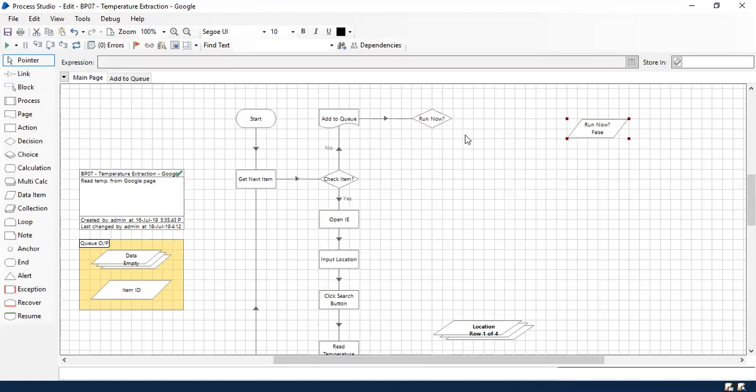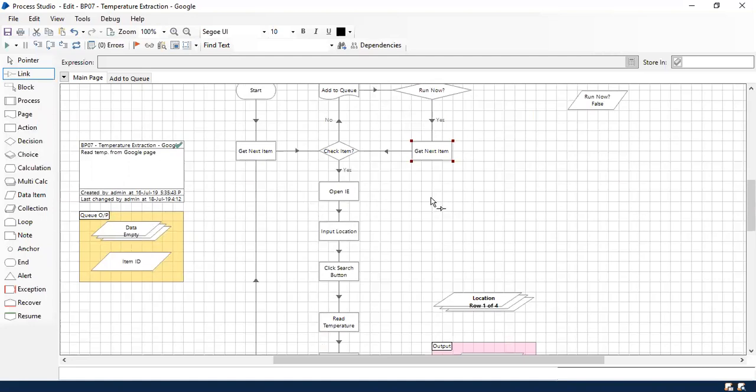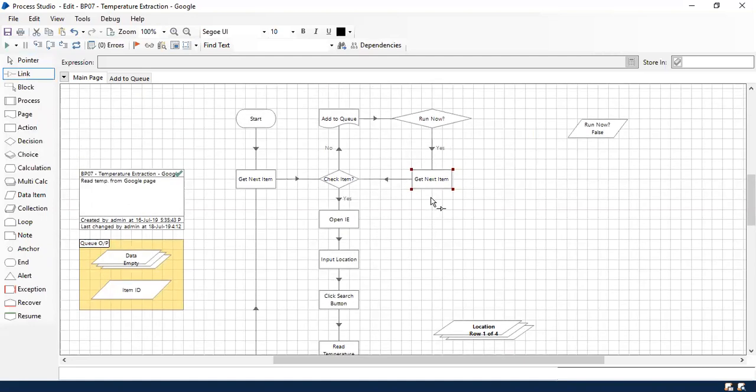If you're not comfortable with this portion of what I'm doing, just ignore it at this point, because to avoid the process running in a loop, I've just used a decision to stop it at some point. This is just to make the process simple. And here I'm going to use the same Get Next Item. Anyway, we are not going to use this same customized structure for any other business process. Each and every business process is going to follow the Blue Prism template.